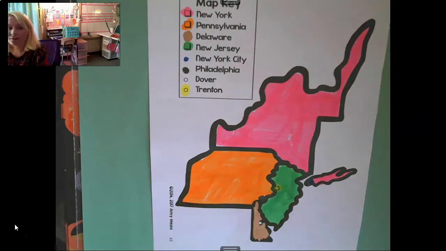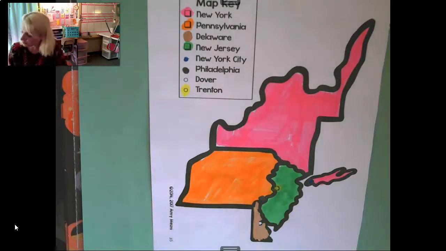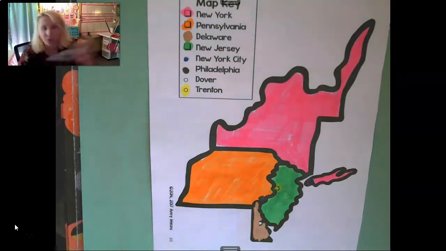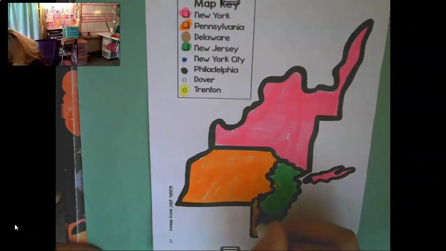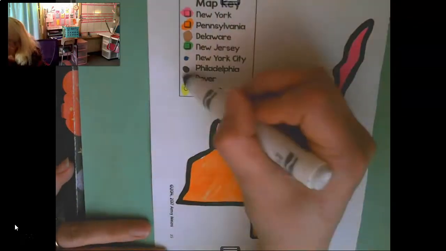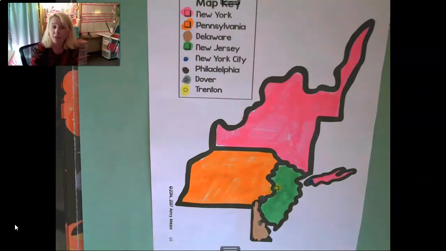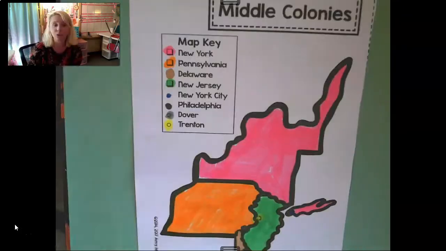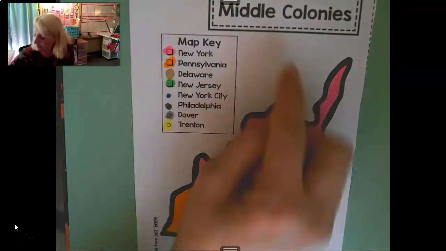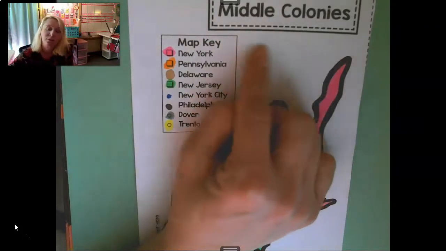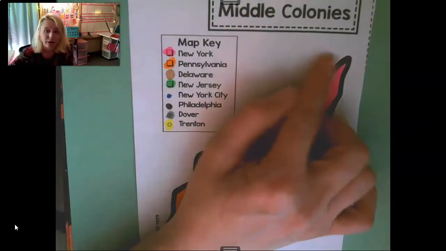All right, and then we have a city, Dover. Let's see. I'm going to use gray for the circle and gray in the key. And now for my question. Now, earlier in this video, I gave you the information that you needed. So there are 2 choices to pick from that answer my question. I want you to write the name that you choose from my question right up in here.